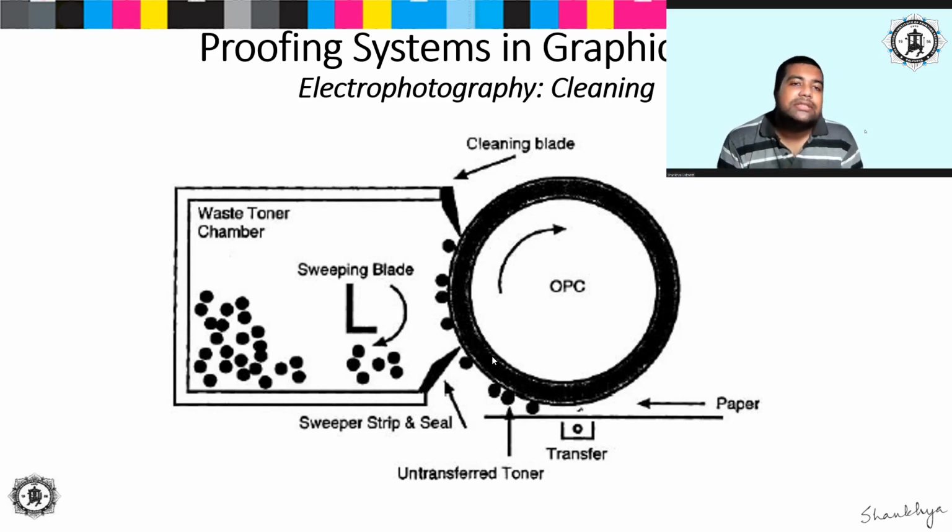So here you can see that these are the processes: electrophotography, thermal, and inkjet. These are all processes which do not have a permanent printing master. In your offset and gravure, there is a permanent printing master, because you have an offset plate. You cannot print two images from the same offset plate. You cannot print two images from the gravure cylinder or your screen stencil. You need different image carriers there. But here you have the same image carrier, but during each print cycle you may change the image. So this is basically a non-permanent printing master.